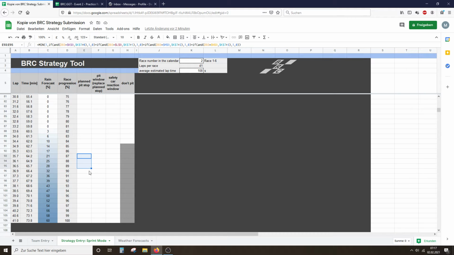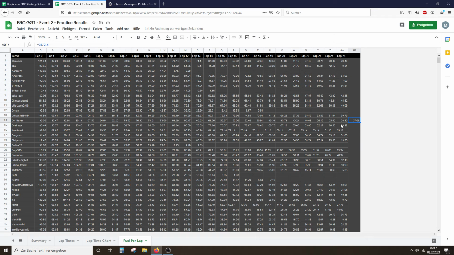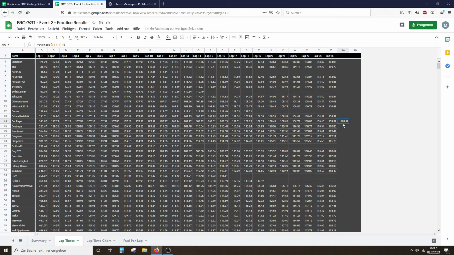The question is now, do we want to do that? So we would need to stay out 37 laps, just be very on the edge of fuel, edge of the tires probably. We need to estimate how much time we are losing because of the tire wear. And when we do that,